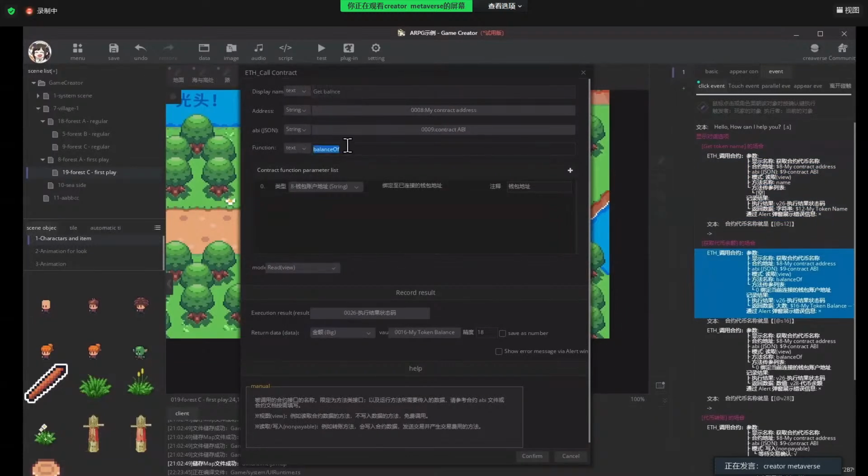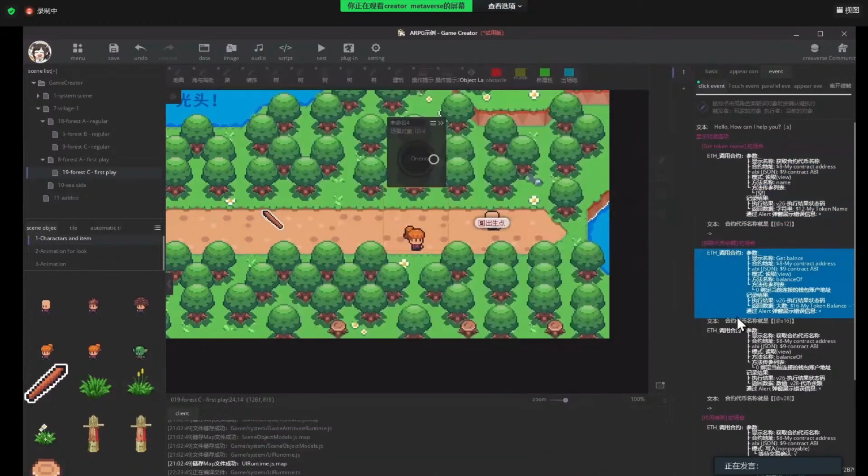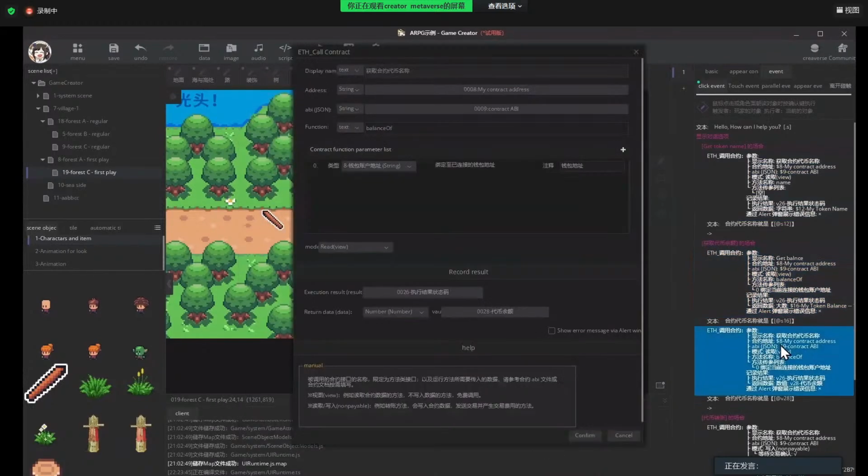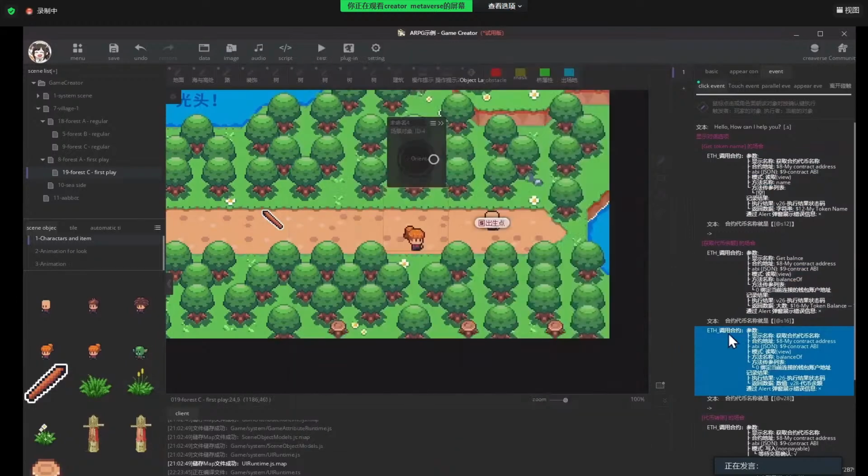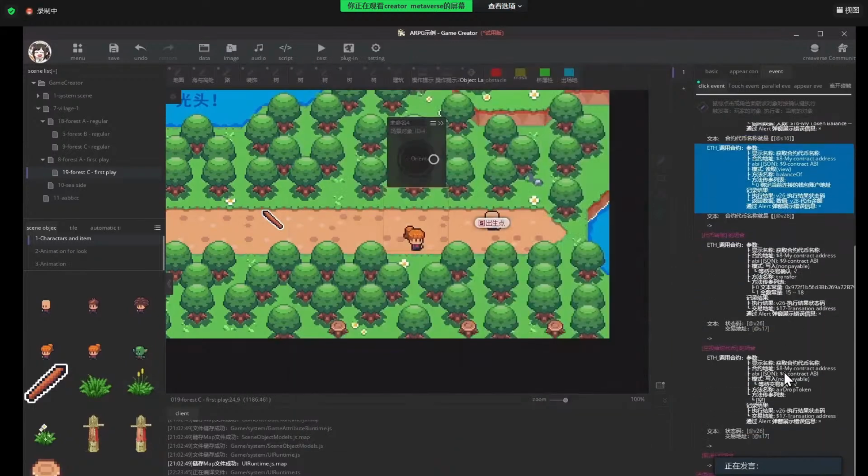It will call the balance function of this smart contract address using the contract API, with your wallet address because you're already logged in with your wallet.